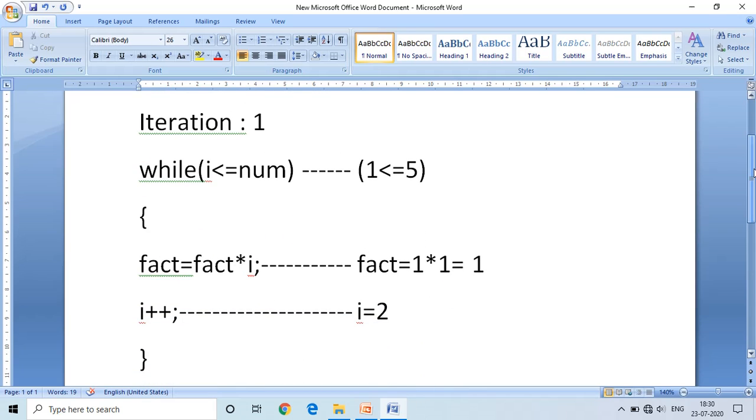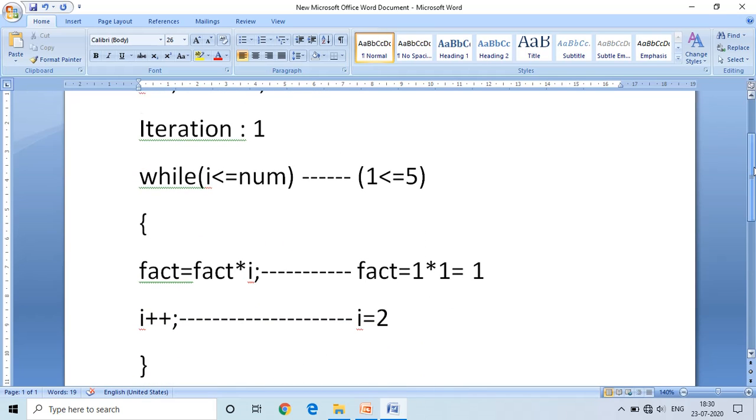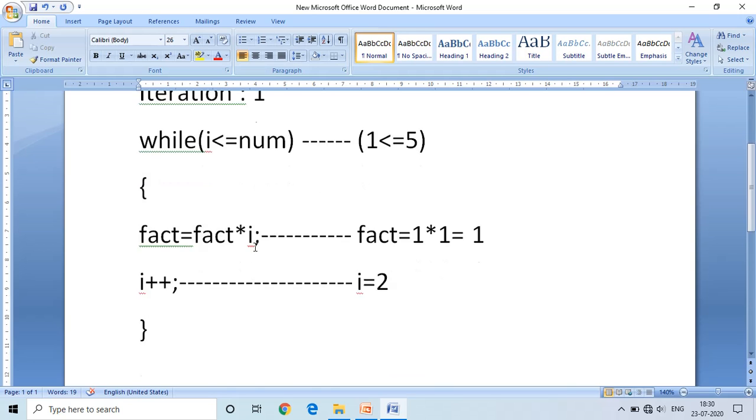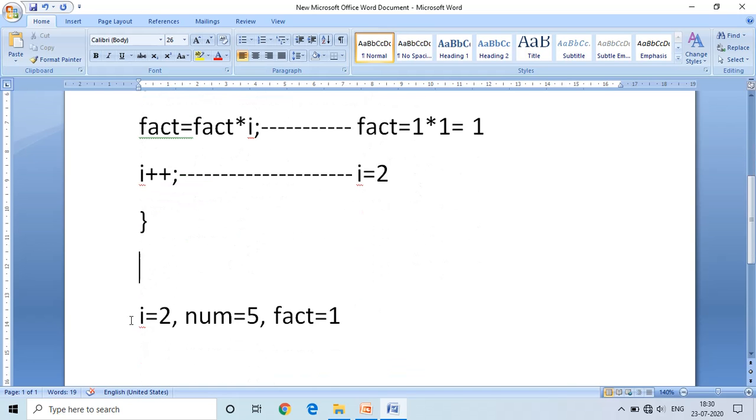In this iteration 1, it executed the two instructions. After executing the while loop, the variable values are I equal to 2, num equal to 5, fact equal to 1. These changes are done.